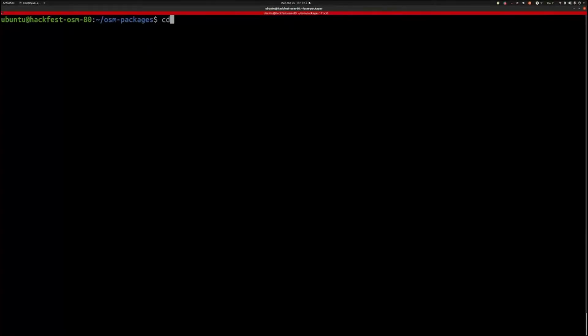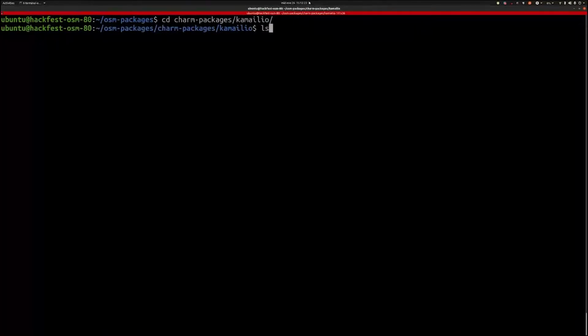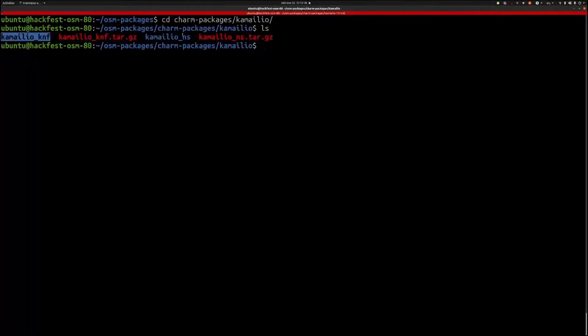So what I'm going to do is go to the Kamailio folder, and here we have these two packages. The one that ends in KNF is the network function, so we will start adding that one with the command